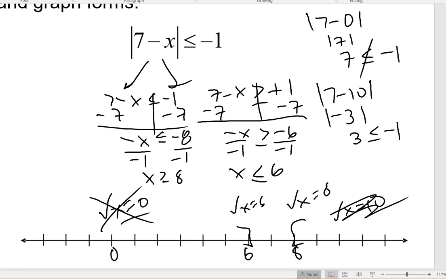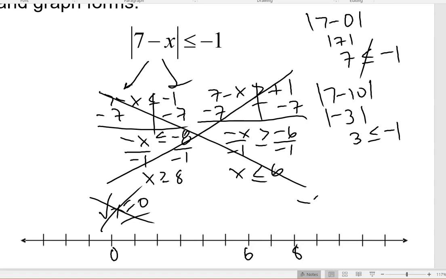If you're not sure, check a number, check 7, right? Any of these numbers, when we plug them in, will not work. So what's our answer? It ends up being an empty set. Why? Some of you were doing this from the very beginning. None of this mattered, because whatever comes out of an absolute value will always be positive, right? And when will a positive be less than or equal to a negative? This has no solution